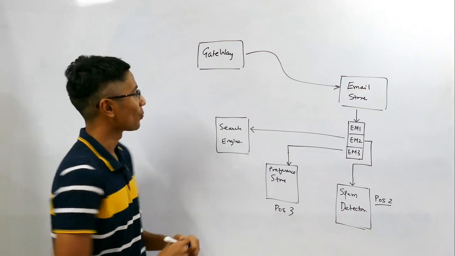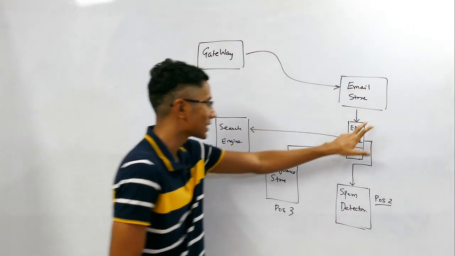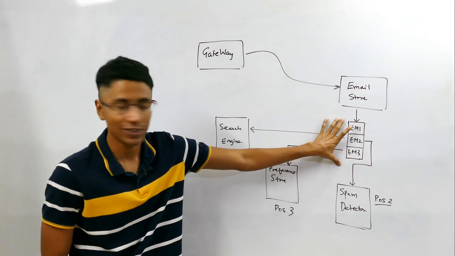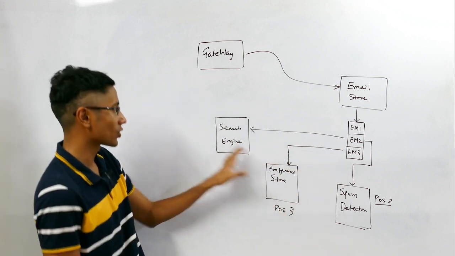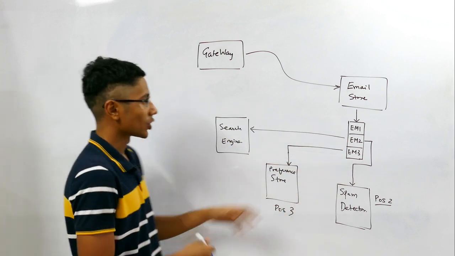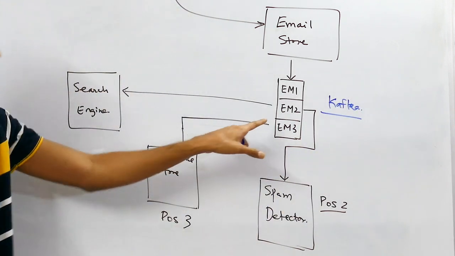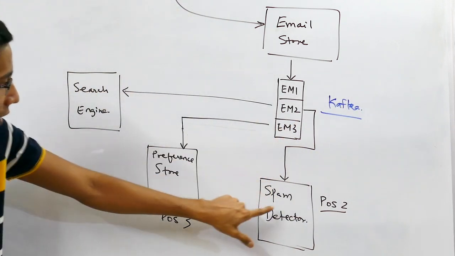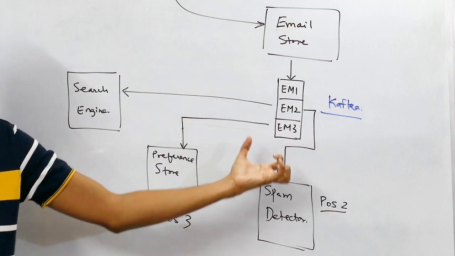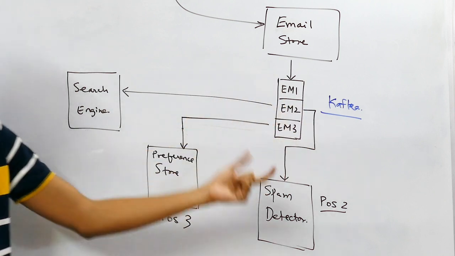We are near the end now, but just to clarify, the email store was sending these events to the spam detector, the preference store, and the search engine. So it's going to use something like Kafka or any messaging queue. And you see here that the different services have subscribed themselves to the same message queue, and they're at different